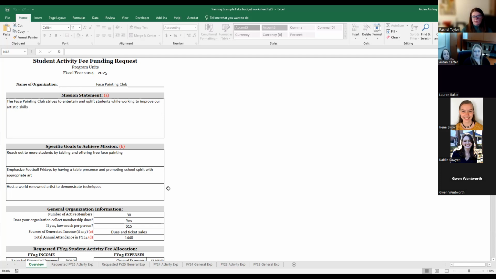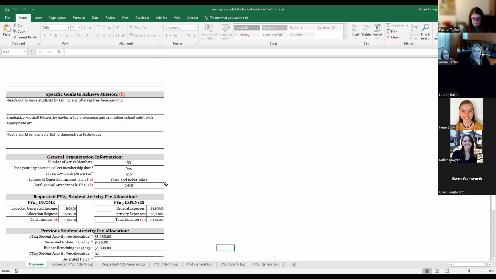Then you can go to the general organization information, put the number of members, just answer the question about membership dues, and if yes, how much per person. Then you answer the sources of generated income, and I will say now that you don't have to generate income, but if you do, if you collect dues, if you ask for donations, if you sell merchandise, if you sell tickets to any events, if you fundraise in any way, then answer the question and answer how much you expect